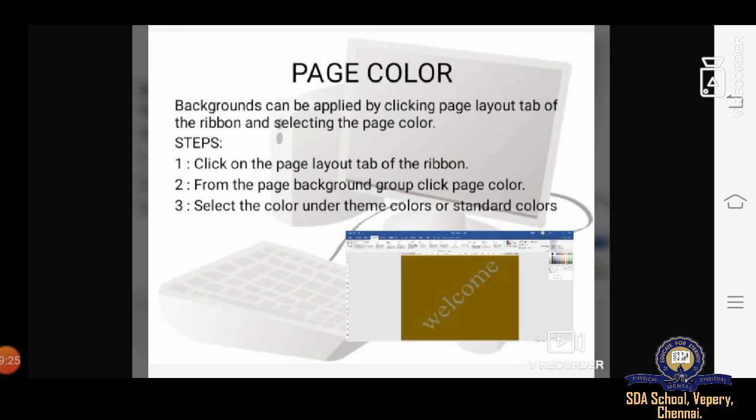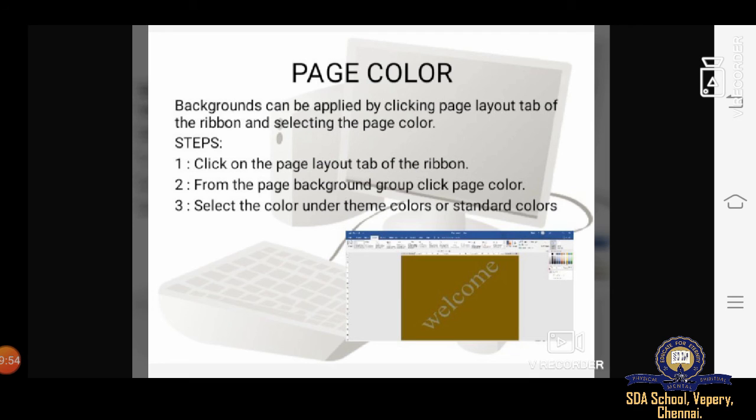Under that we studied applying fonts, font sizes, font styles, bold, font color, and text alignment. Under text alignment we studied left, center, right, justify, and we also learned briefly about this. And page formatting, under that we studied page border.